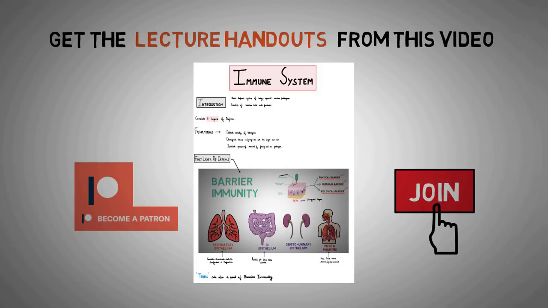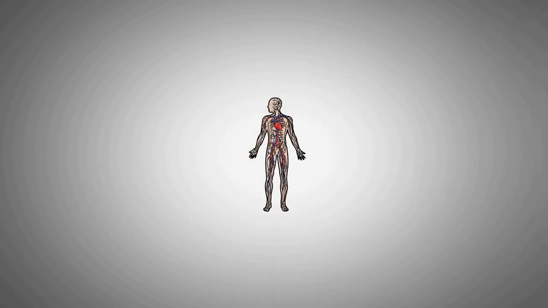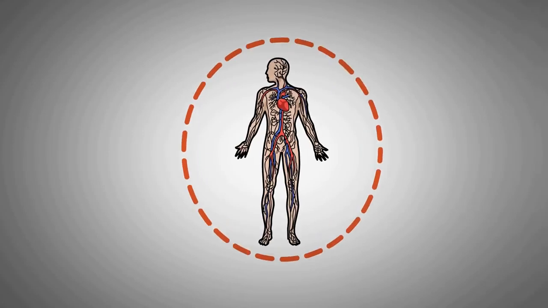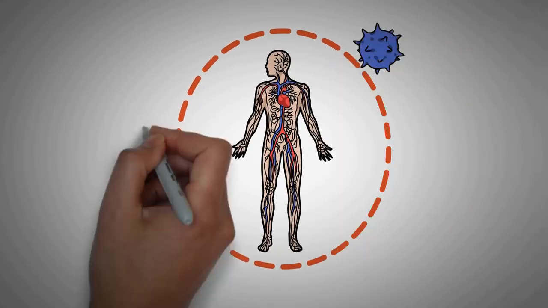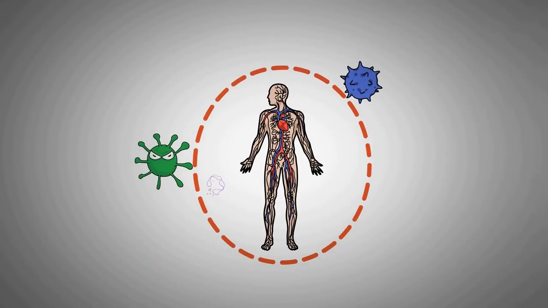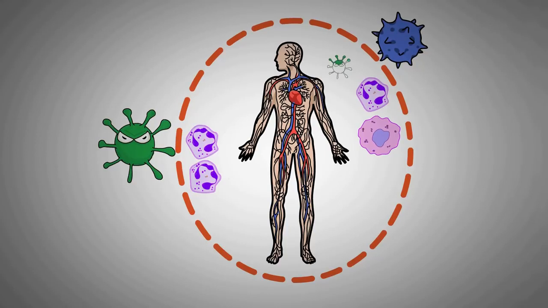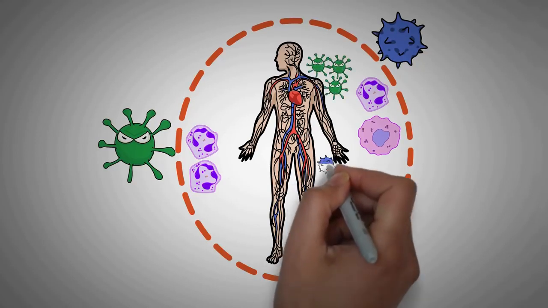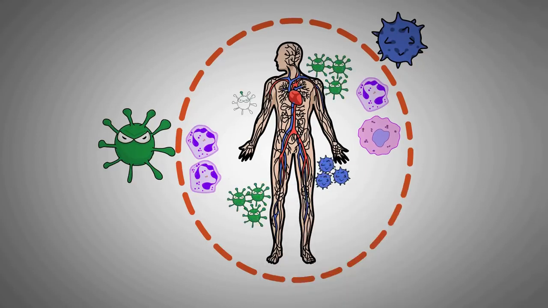So let's begin with the immune system. The overall function of the immune system is to prevent or limit infection. When the immune system first recognizes invasion by pathogens, it responds to address the problem. If an immune response cannot be activated when there is sufficient need, problems arise, like infections and other diseases.